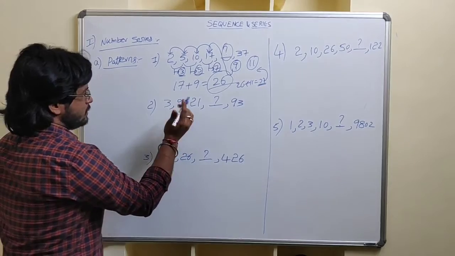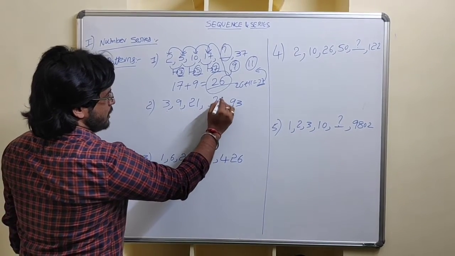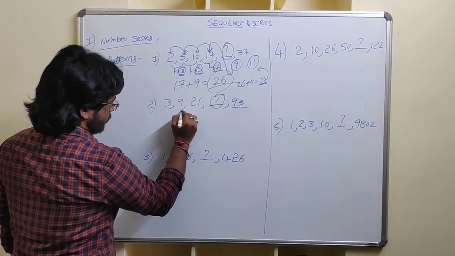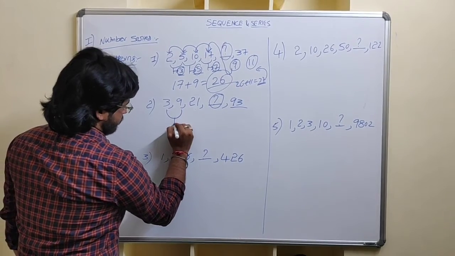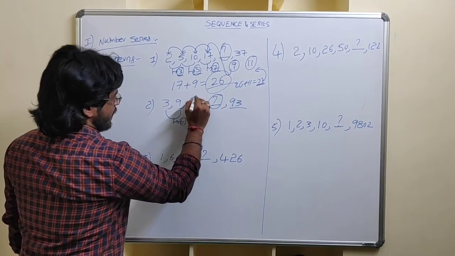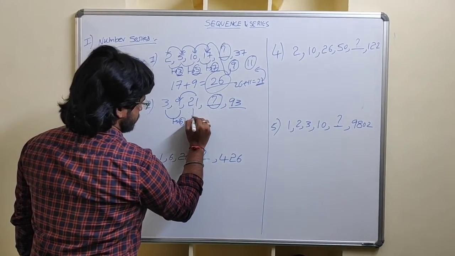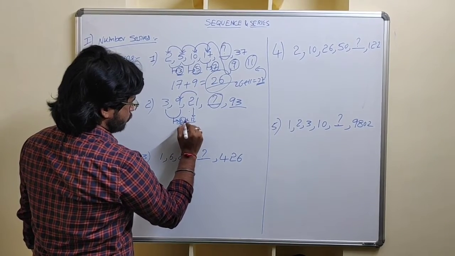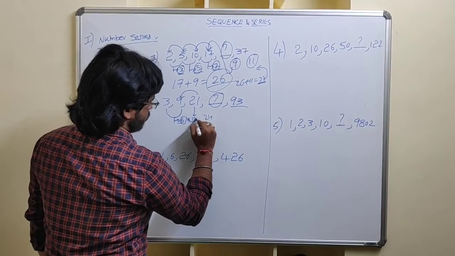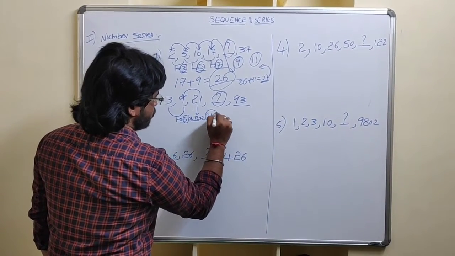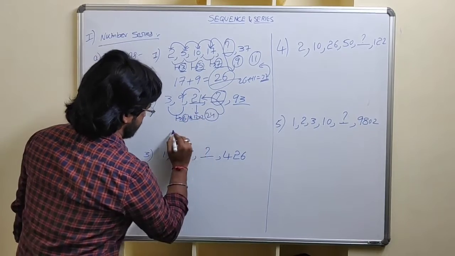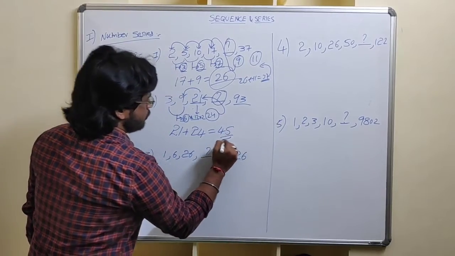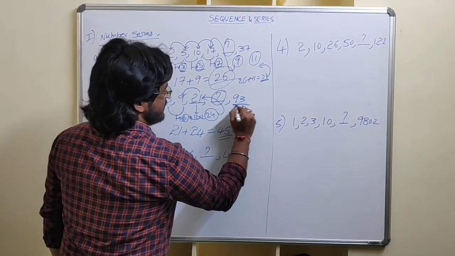I will go to the next question, 3, 9, 21, and we need to find out this question mark, and 93. Here you need to take the two numbers 9 and 3. The difference is 6, and 21 and 9, the difference is 12. So you can clearly observe that every time it is a multiple of 2. So 6 twos are 12. The next one is 24, 12 twos are 24. So this 24 must be added to the previous number which is 21 here. So the answer is 21 plus 24, so 45. You can check it out. The next number will definitely come as 93 itself.